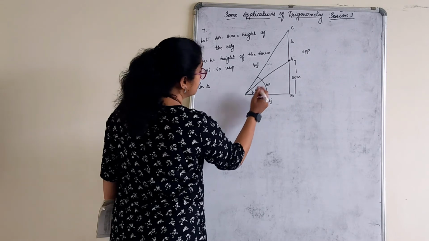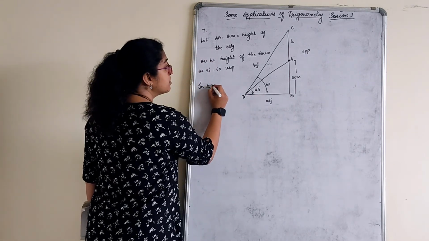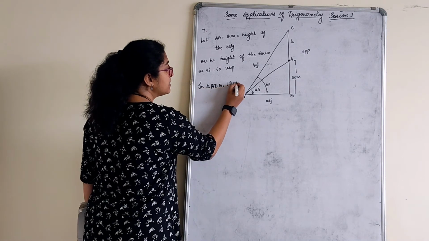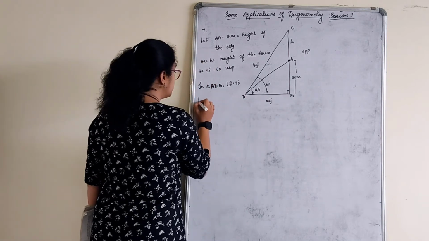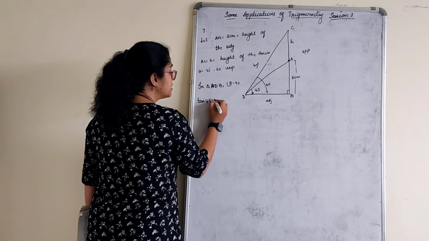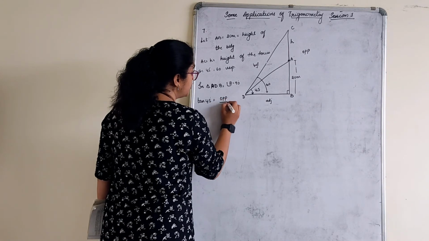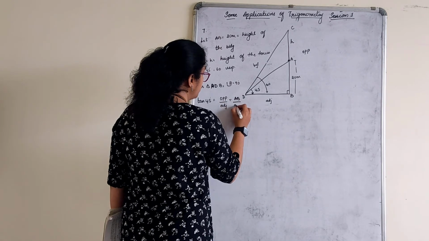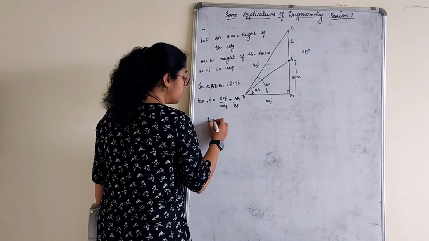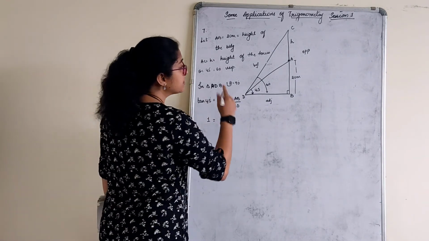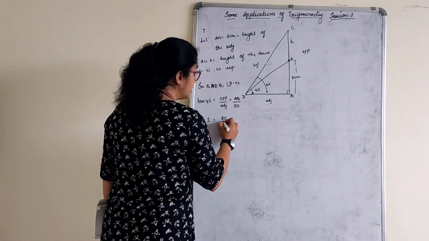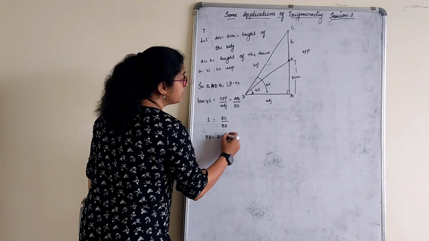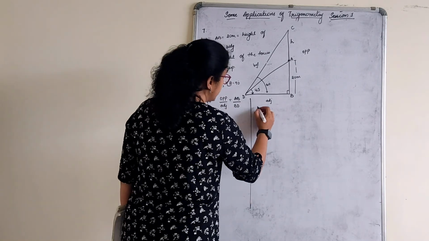In triangle A, okay, D I will mark. A, D, B. Angle B is equal to 90 degree. Tan 45 is equal to opposite upon adjacent. Opposite is AB upon BD. Tan 45 is 1. That is why we want this. Opposite is what? 20. Adjacent is what? BD. Therefore, BD is equal to 20 meter. Done.